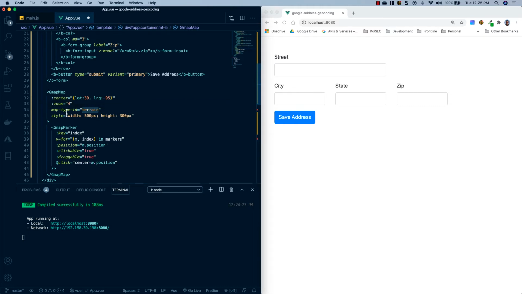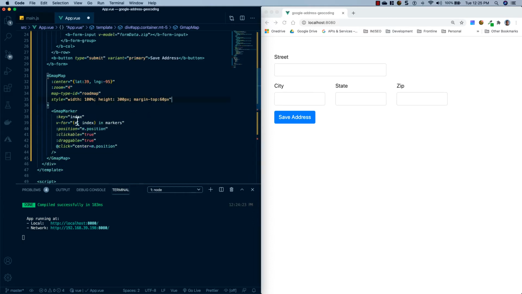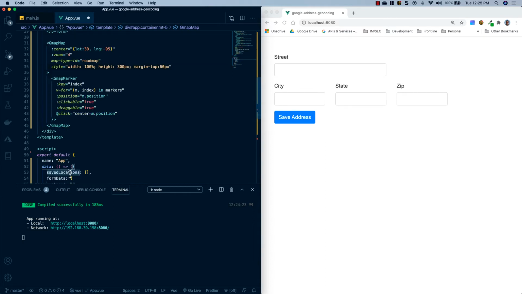We're going to change the map type ID to roadmap. I'm going to give it a width of 100%, a height of, let's just say 300 pixels, that's good, and a margin top of 60 pixels. Now we don't have any map markers right now, which is actually going to be our saved locations. So I'm going to replace markers with saved locations and we will come back to this,